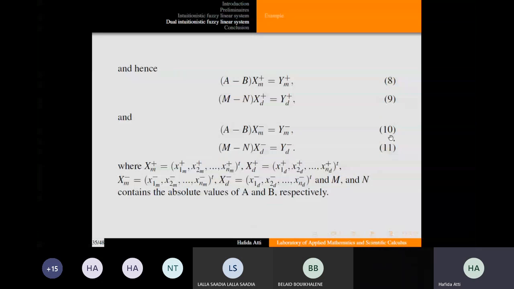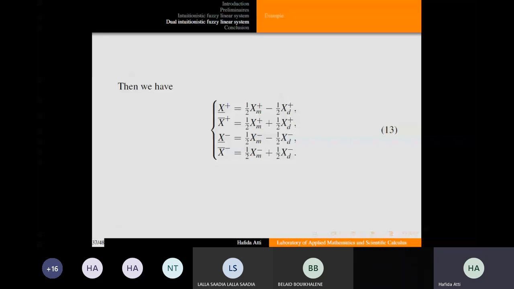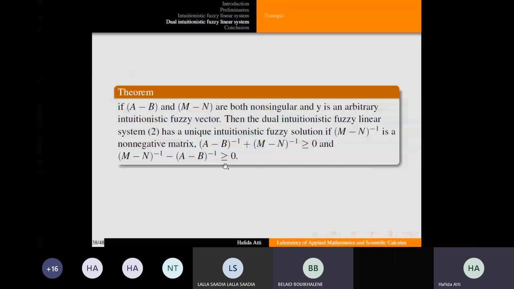where the matrices M and N contain the absolute values of A and B respectively. If A minus B and M minus N are non-singular, then we have xm plus, xd plus, xm minus, and xd minus. Then, to get a solution for the dual intuitionistic fuzzy linear system, we just take the extremities x plus and x minus, and we have this theorem. If A minus B and M minus N